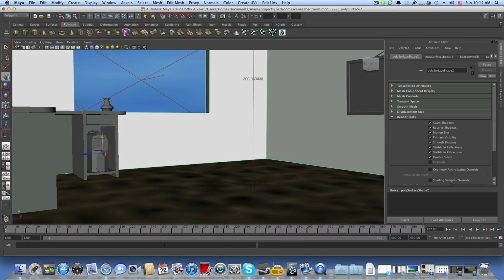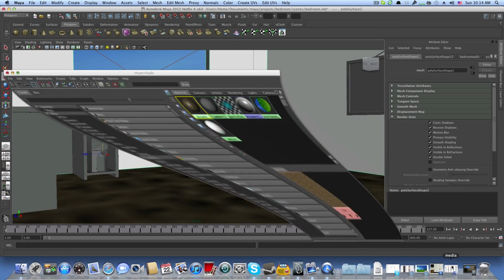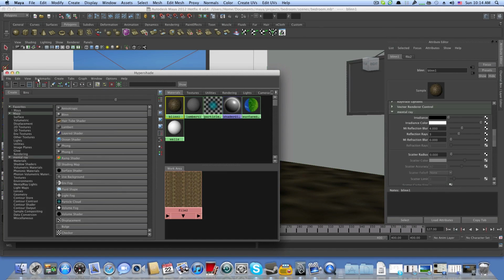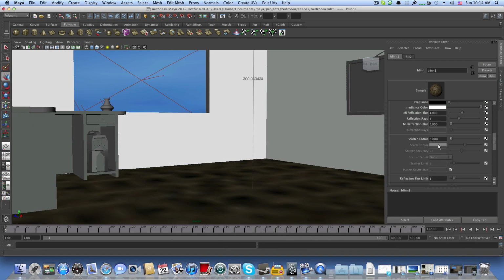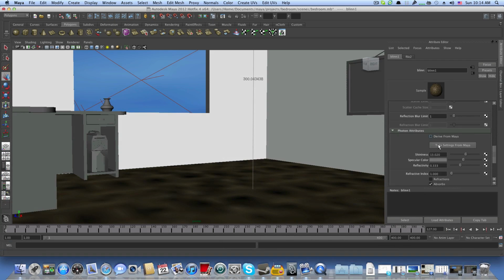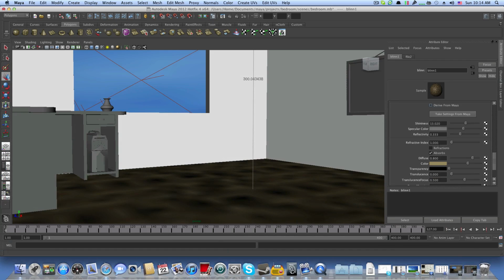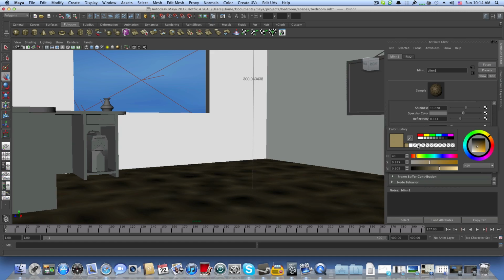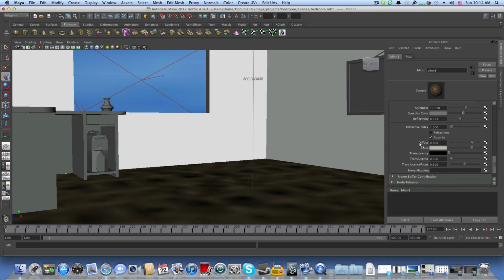So let's look again in the hypershade at this blend material, and let's see what we forgot to change. I think that maybe we need to bring this to something like white, much more of a white color, like so,